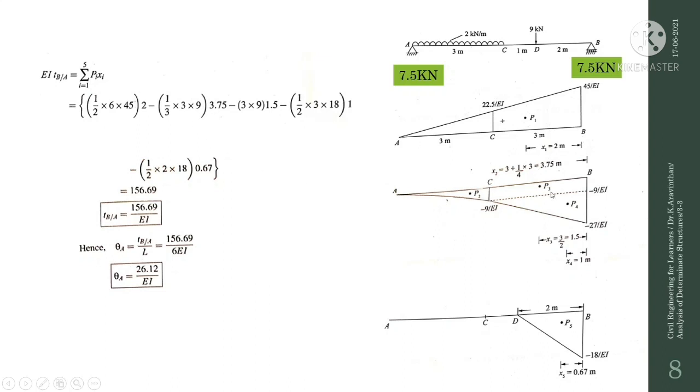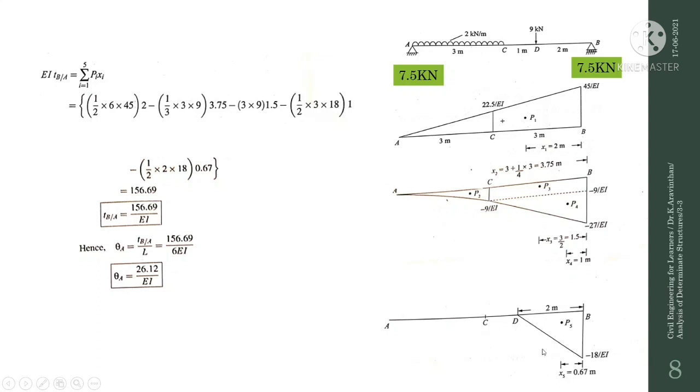And for the second area, which is covered as P3, that is breadth into height. So breadth here is 3 and height here is 9. So 3 into 9 into the centroid, which is 1.5. And for the next area, you have to consider half into breadth, which is 3, and height. Up to this you have considered 9, and from 27 if you subtract 9 you will get 18. So the remaining height is 18, and 18 is written here into the distance 1.